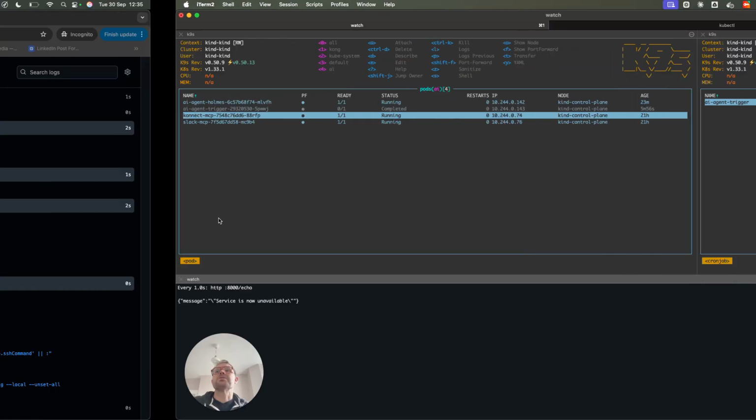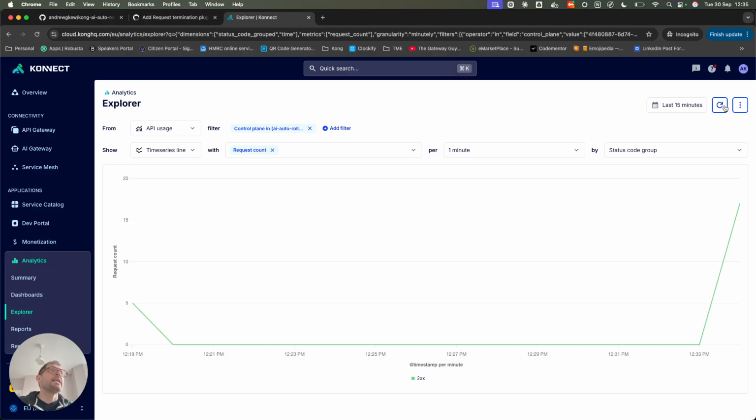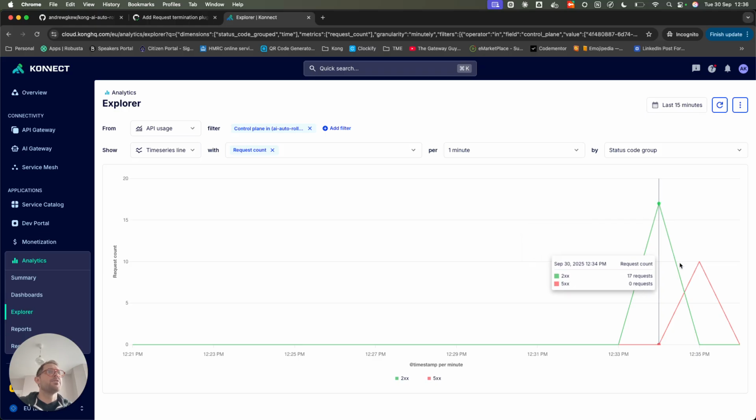So if I now switch across back to Connect and have a look at what's going on here, you'll start seeing, okay, my 200s have now gone down to 0, and I'm now getting my 500s coming through. So let's leave that running for a second and just get some data coming through. One of the thresholds that I've got set as part of my prompt is to look for 100% failure rate. So if it's not 100%, then it's not going to trigger, which is what we want, right?